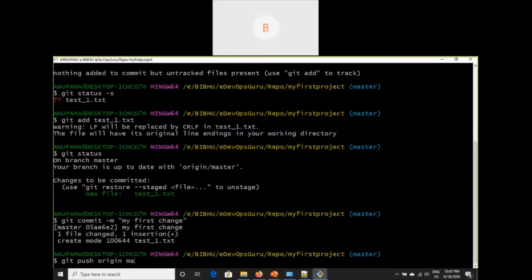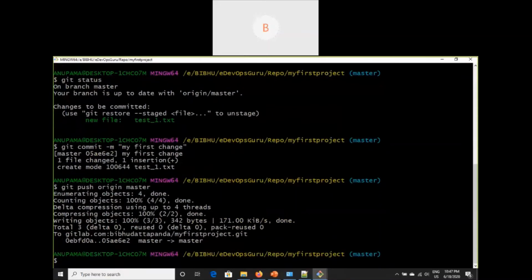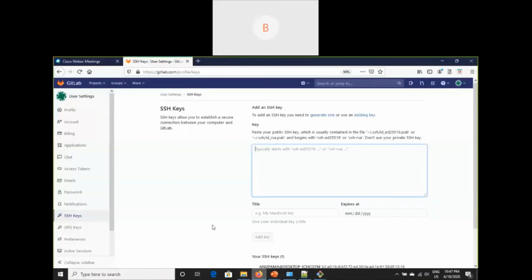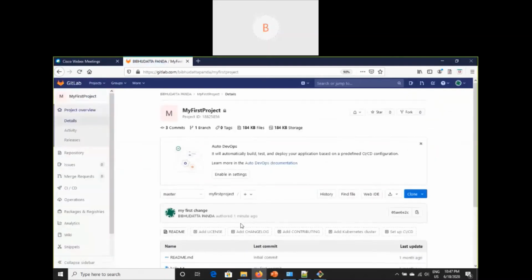The command is git push origin and the branch name. I'm currently working on the master branch, so I'm pushing these changes to master. If I go into GitLab and look at my first project, it shows updated just now.